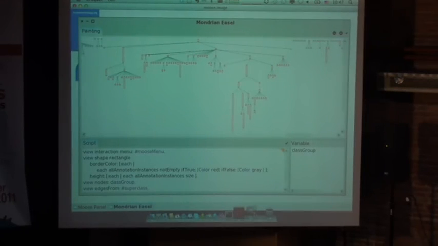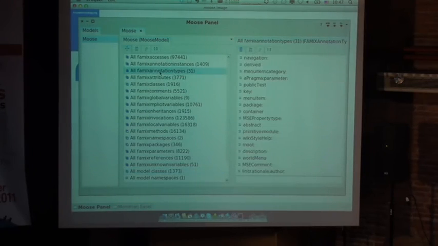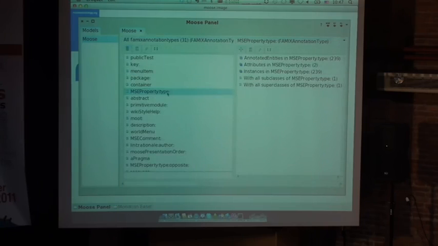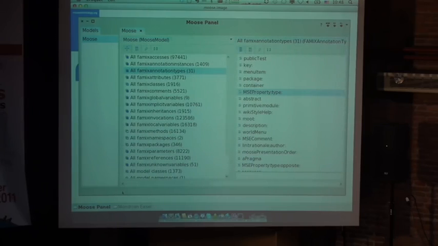I would like to see all the annotations. It's great to look into this particular one. I'm saying, okay, here are all the annotation types, and then I'm clicking on one of them, like MSC property, and then I see that there are some in here, and then I'm navigating through them. I can see that. But it's very difficult. I can't just navigate through multiple of these very quickly. What I would like is to quickly say, could you please show me here on the left-hand side